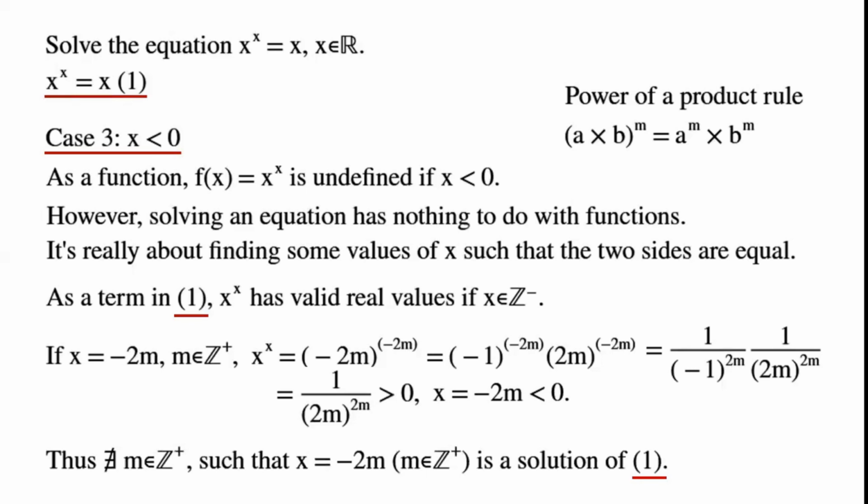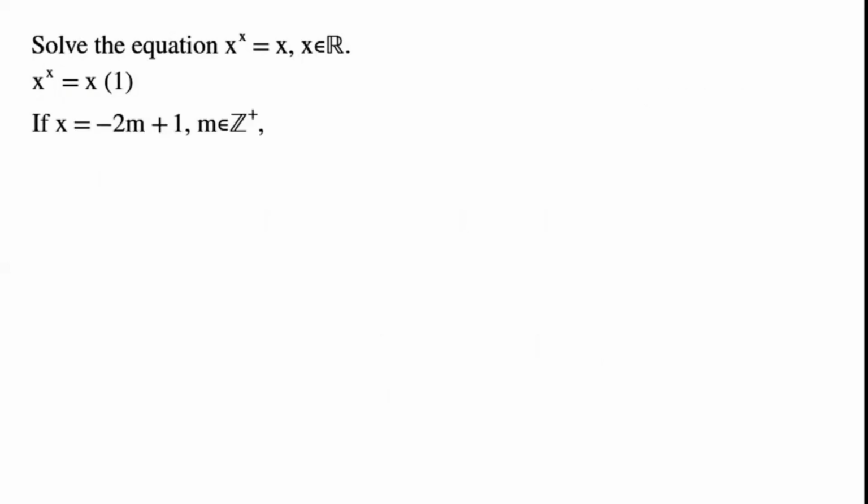Thus, there doesn't exist m in the set of positive integers such that x equals minus 2m is a solution of equation 1. If x equals minus 2m plus 1, m is a positive integer,